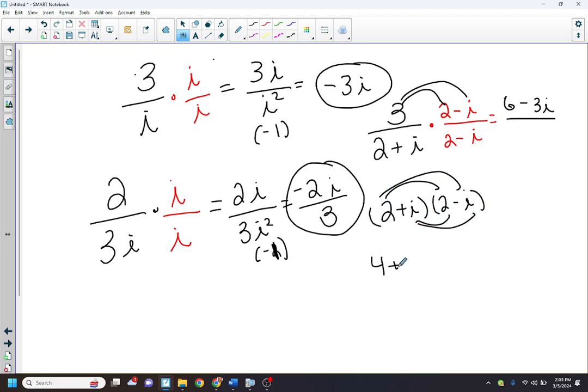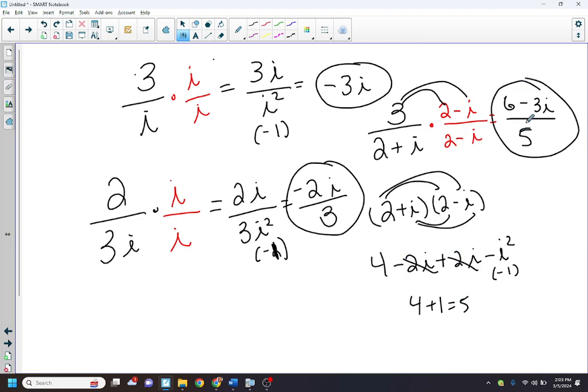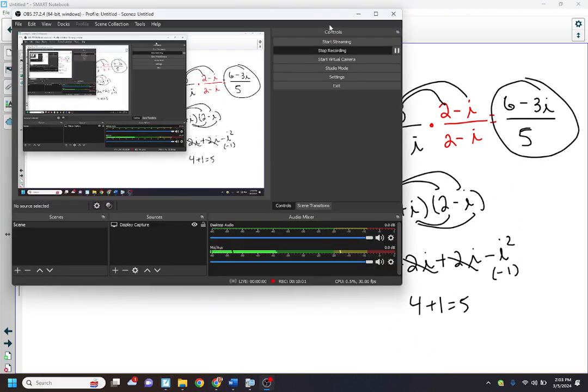So it's going to be 4 minus 2i plus 2i minus i squared. i squared is technically negative 1, so this is a plus 1. These two cancel out. So 4 plus 1 equals 5. So a little 5 on the bottom. And that's it. So we added, we subtracted, we multiplied, we rationalized with both i and square roots. That's pretty much it. Don't you just multiply the top and